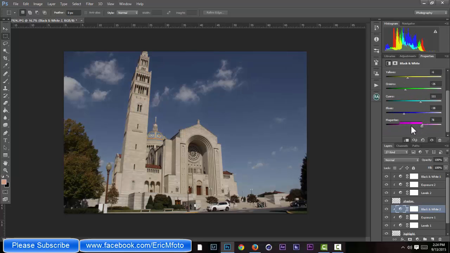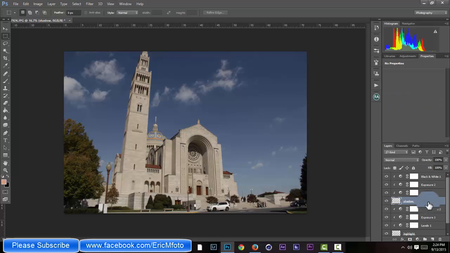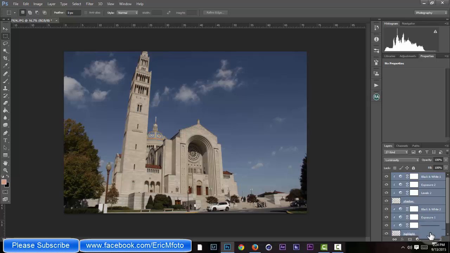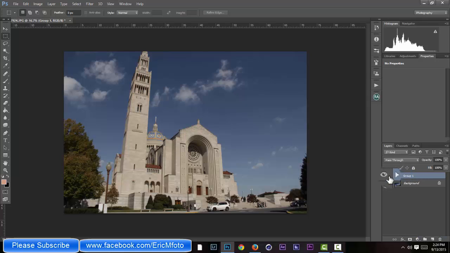Alright, so now that you practically got your image close to where you want, then you're gonna group this right here, Control G or Command G, just to group, and then this is what you have from the original